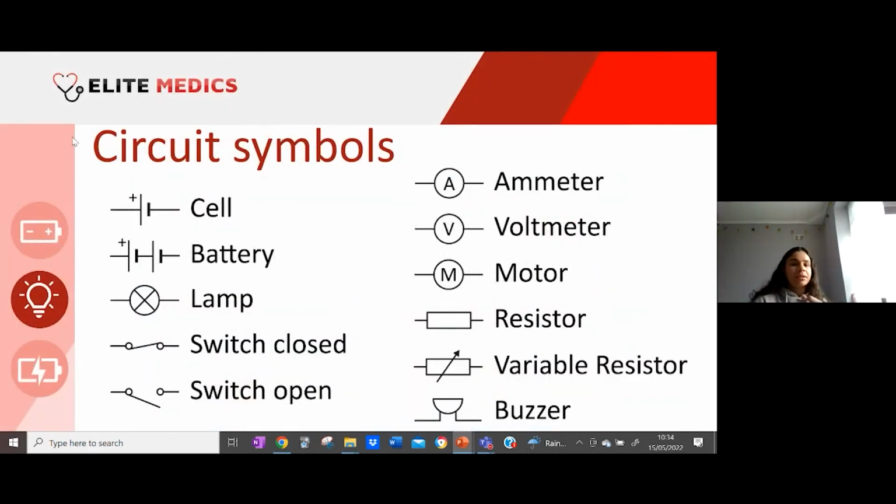So here are some of our circuit symbols. We're going to be seeing them in quite a lot of questions that are coming up, so note down any that you want for later. For the cell, the way that I always remember to draw my cell is I always start with positive to negative, just like the way that the current will flow. And the way that I remember that the positive side is the longer side is like if you open